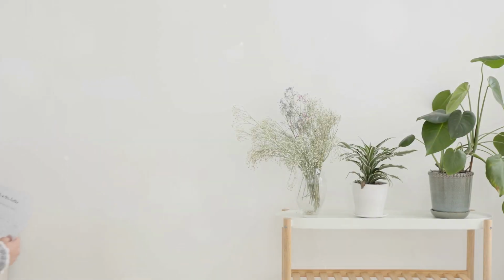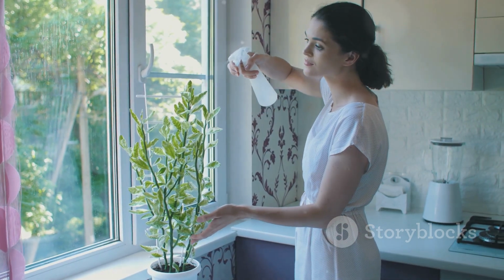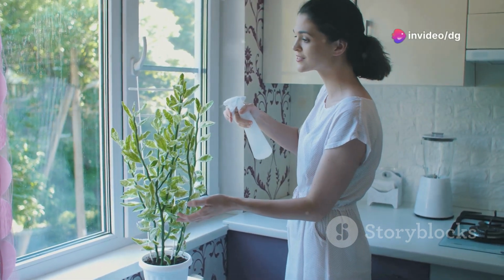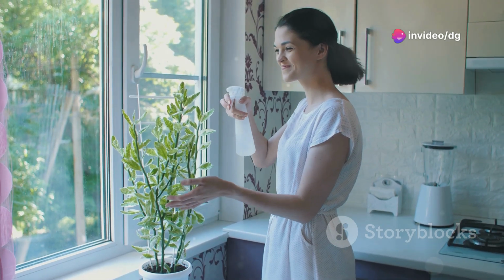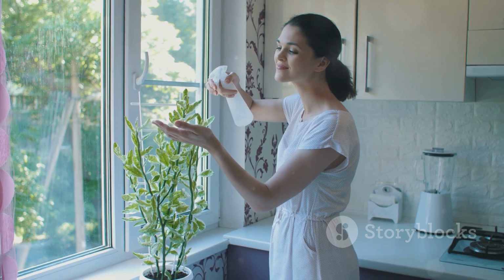What makes these plants perfect for dorm rooms? Well, they thrive in low light conditions, are drought tolerant, and many of them are excellent air purifiers. Plus, studies suggest that having plants around can improve cognition, learning, and memory, which might just give you that extra